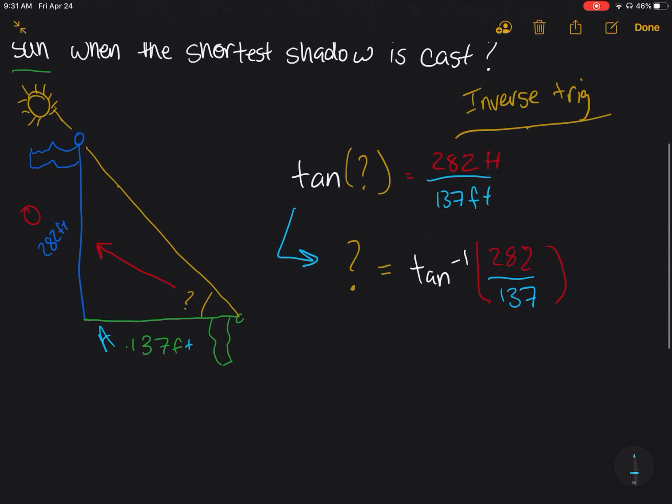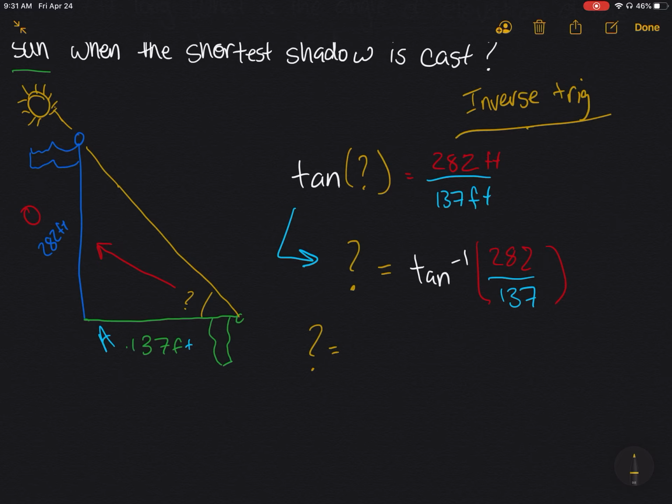And so I'm going to Desmos or to my calculator, and I'm plugging in the inverse tangent of 282 over 137. So make sure you're doing inverse tangent, not regular tangent. So you may have to hit the second button, or make sure that you're selecting tangent raised to the -1. That's what it looks like, though we say inverse tangent. And I take inverse tangent of 282 divided by 137,